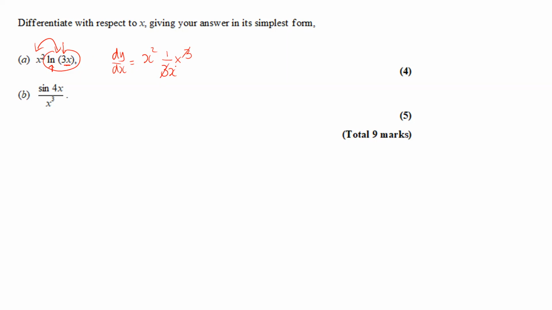So that's first times differential of second plus second times differential of first. Now, because the differential of first is 2x, I'm going to put that on the front, ln of 3x. I'm not going to put the 2x here, because then it might get mixed up with the 3x. I'm just going to put that on the front there. And then we'll tidy up. So we'll have an x here, will cancel, and we'll just get x plus 2x ln of 3x. B, this is a quotient, so we've got a u over v, so dy by dx is equal to